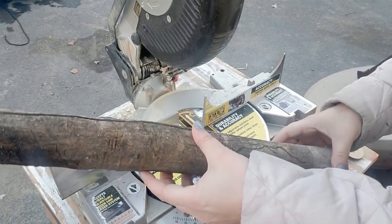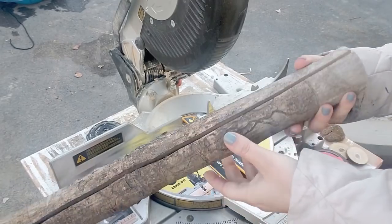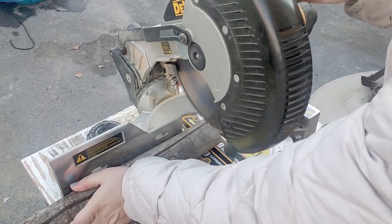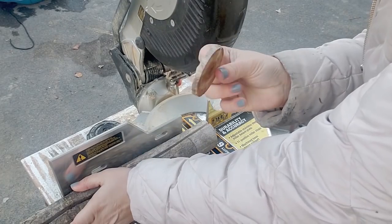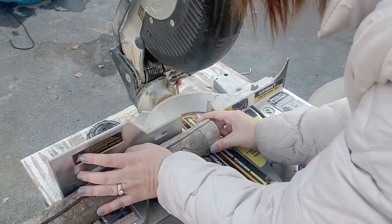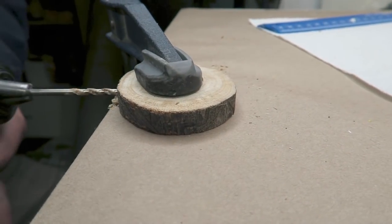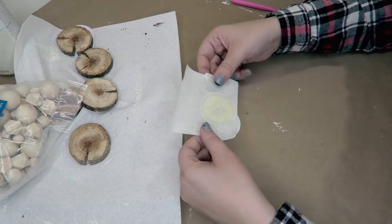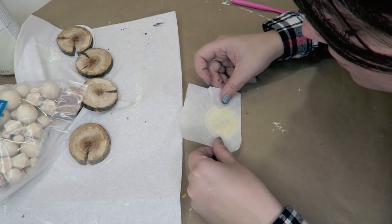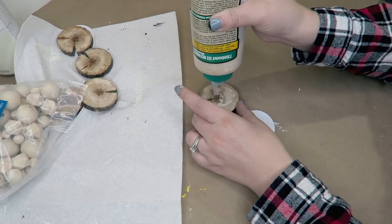This next DIY is very authentic. This is an actual piece of wood just from my wood pile outside, but I went ahead and chopped this up into little wood round discs. These measure about 2 inches in diameter, and I cut up 5 of them. I made them thick enough so that we could drill through these. My husband helped me, and just because I can't drill straight, I tried and butchered several of them, but he helped me drill them straight through